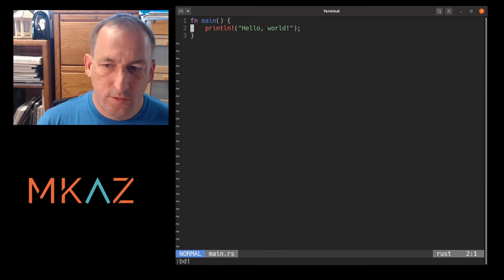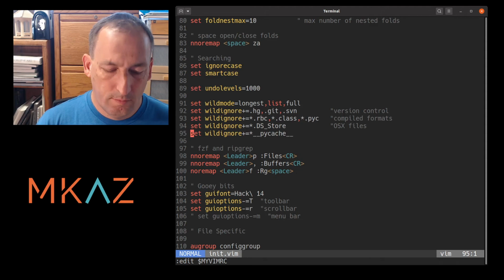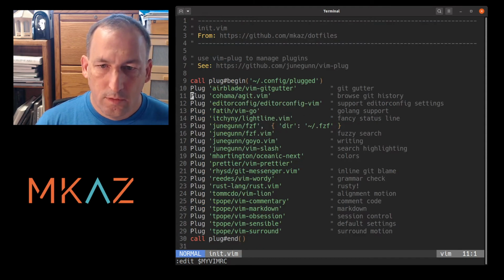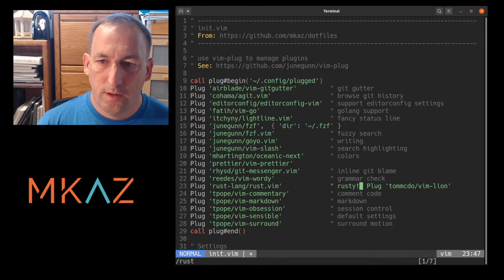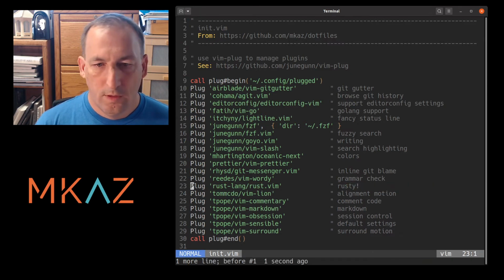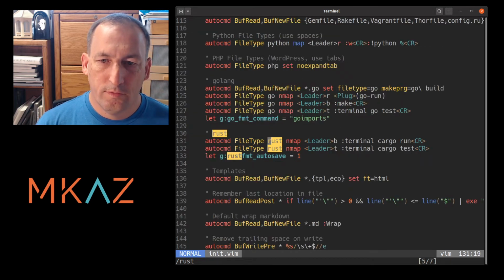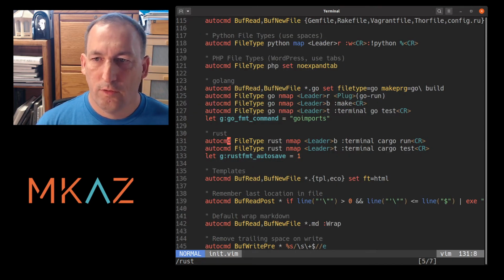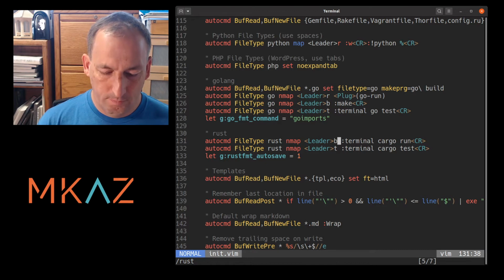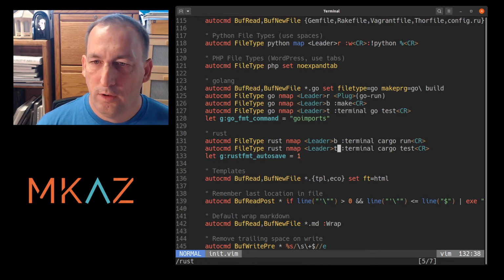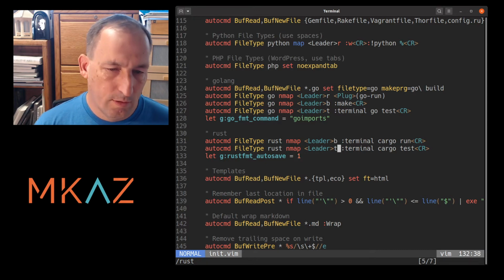I use the Rust Vim, the rust-lang Vim plugin, if you want that. Makes it useful, and then I installed a couple of shortcuts. So one to do cargo run is my build command, and then one to do a test. So my shortcuts, you can grab all those